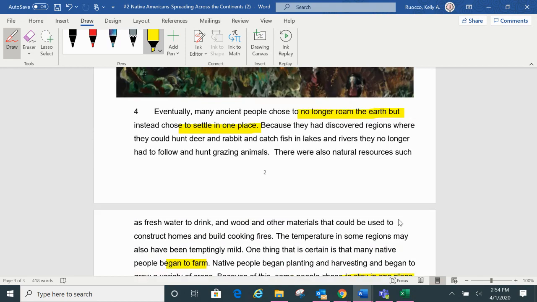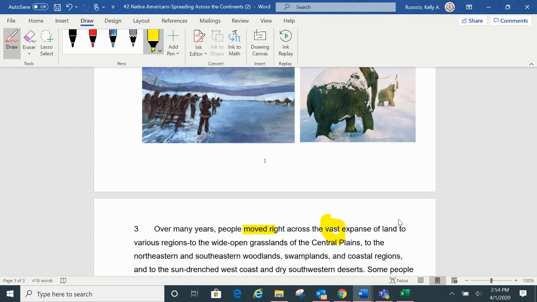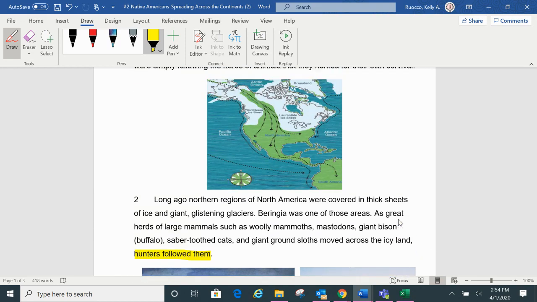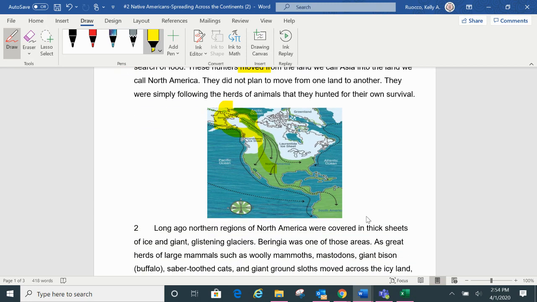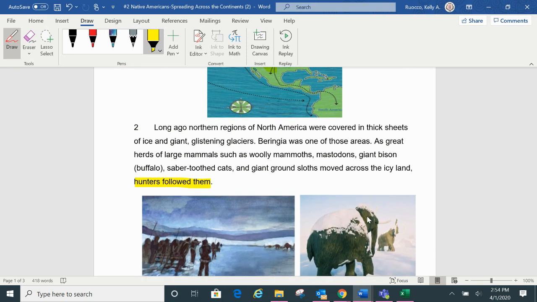So thinking back and taking a look at my highlighting, I noticed that I have early settlers or early people, Native Americans. I know that and I'm even using my text feature here. They started up here and they moved south until they settled. So hopefully those 2 concepts can help me with my